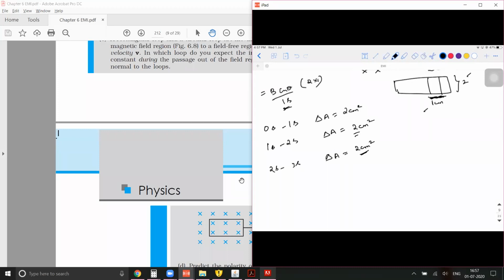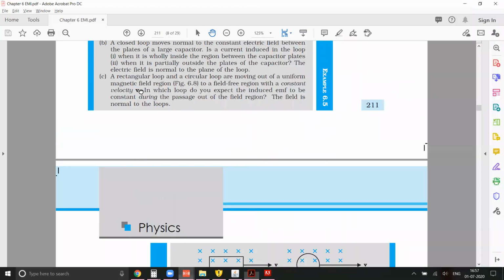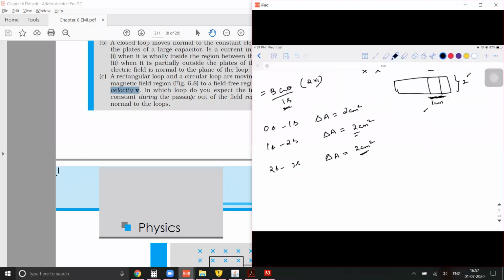It is only because of the reason, these are all small keywords, okay? It's because of constant speed. Constant speed means equal amounts are coming out in equal intervals. Whereas with respect to a circle, that will not happen. You're able to understand. That is why the change in area will not be constant with respect to a circle. So the answer to this question is rectangle.